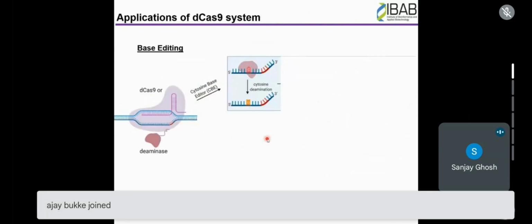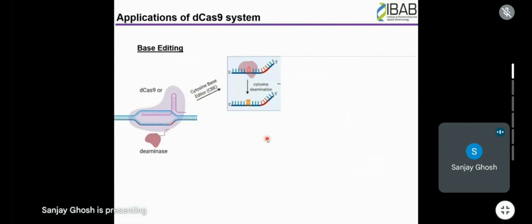I want to just highlight one latest application of this dead Cas system and how it is used to correct diseases. There is an application called base editing. That means you can change the nucleotide of a DNA literally at will. What you do is you have a dead Cas9 and a guide RNA, but the dead Cas9 is fused